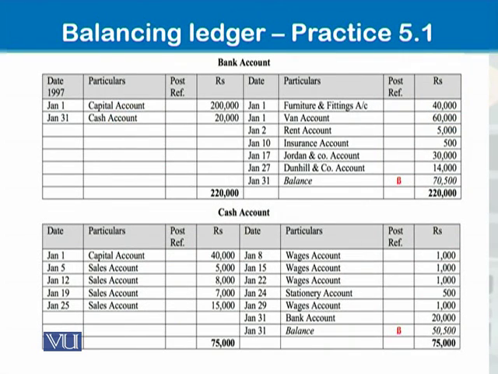Here it is a bank account. So we are done with the posting thing, and you see its balance is appearing in the credit side. Since it's a bank account and bank is a member of assets family, or the main head is asset for the bank, and nature of the asset is debit. Bank being a member of asset having debit as nature, its balance would always be appearing in the credit side, but would be